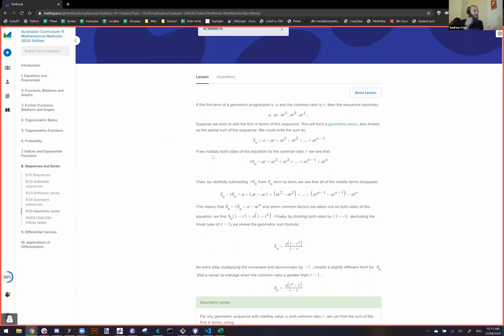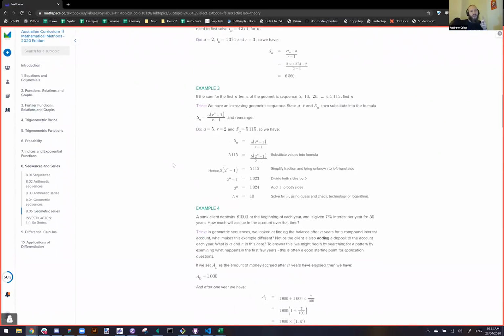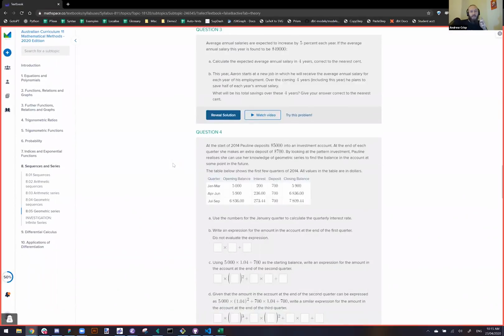A series is when you just add up all the terms in the sequence. And there are 2 things that we need to know about geometric series. The first one is the general formula. And then there's a special case, which will come a little bit later,